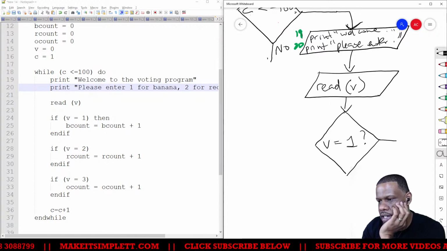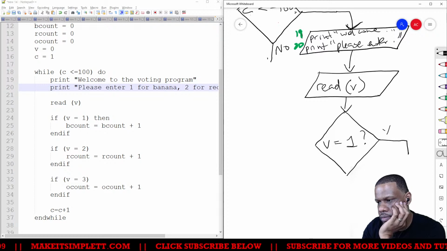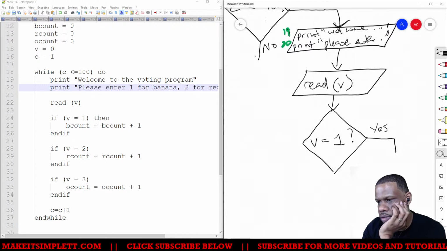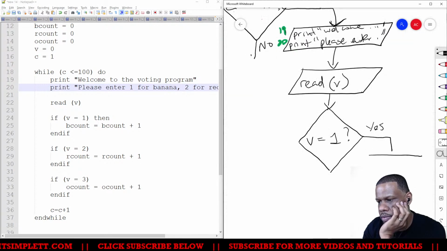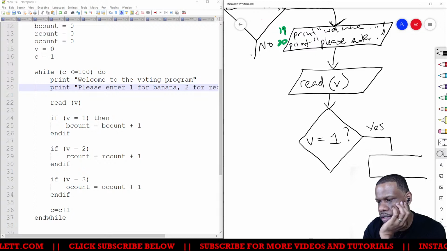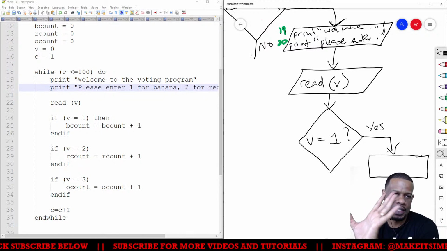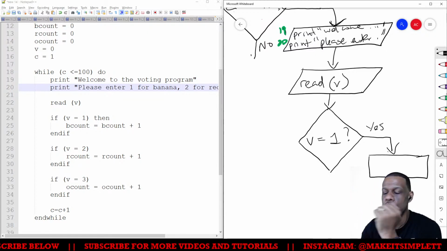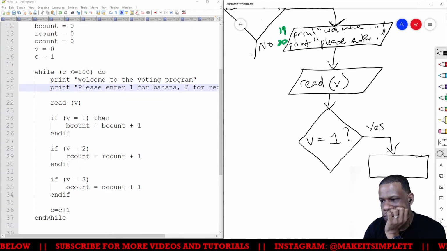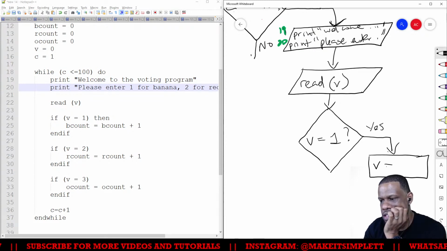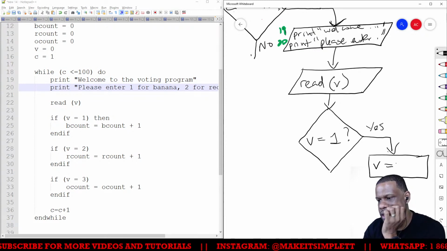If the answer is yes, what are we going to put? We're going to put a rectangle, because the rectangle is representative of a process. And whenever you have an equal sign, just tell yourself you're doing a process. Processes are always equal signs. So V is equal to, no, B count is equal to B count plus 1, my bad.